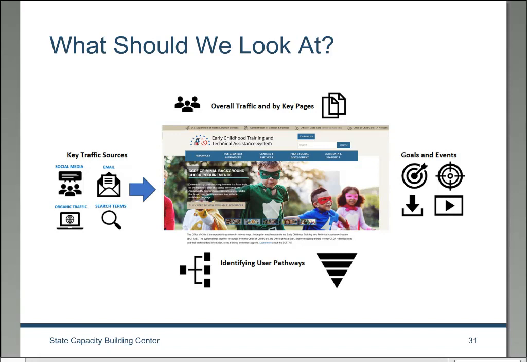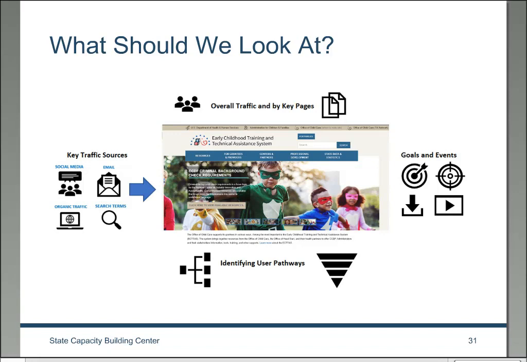That's also important. But the key is, before you even get there, how do they get there? As Josh talked about before, organic search is a big one. But there are other channels we've talked about: email, social media, and understanding how each of those channels interact with your site. Once they get to your site, how do they navigate through? That's identifying user pathways, understanding the key pathways people take.